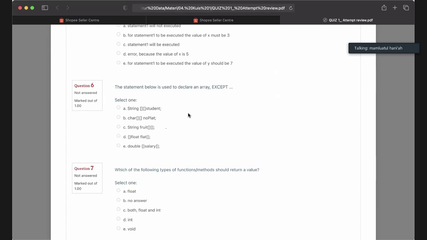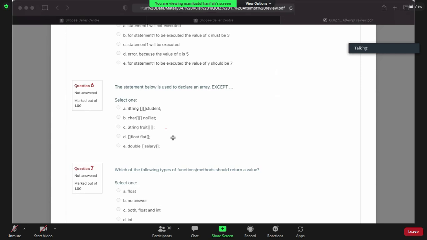Okay, Maivana. Yes, ma'am. I think the answer is C. Sort returns a value. Yeah, float and integer have a return value. What about void, Maivana? It doesn't return a value, ma'am. Okay, thank you, Maivana. I will give you plus 2.